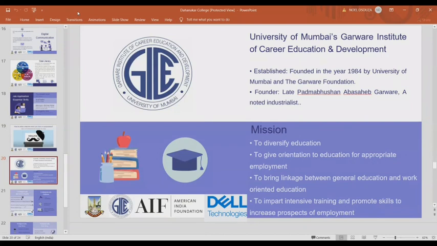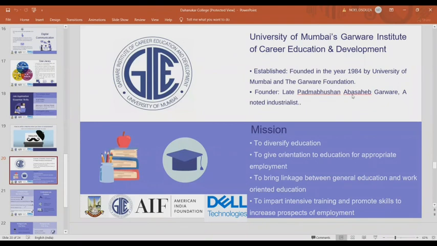Telling you something more about the University of Mumbai's Kalina Institute of Career Education and Development. Our college is located in the university campus, and if you come to Kalina, you need to definitely visit us. We are into skill-based education.